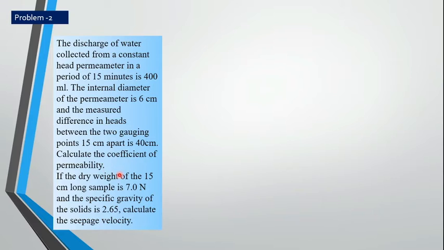If dry weight of the 15 centimeter long sample is 7 newtons and the specific gravity of the solids is 2.65, calculate the seepage velocity. Seepage velocity, that is superficial velocity. Okay. Now,